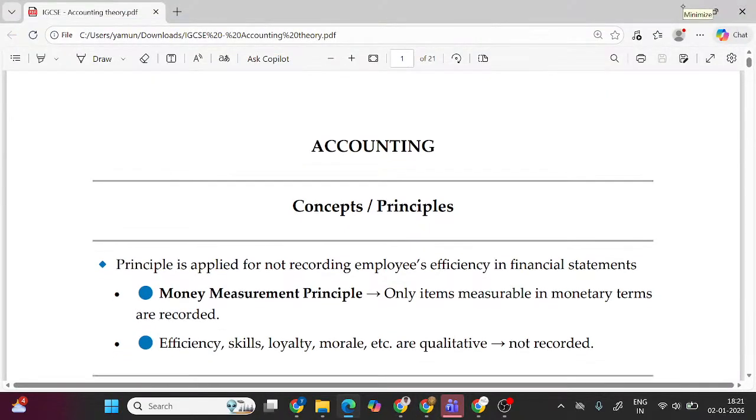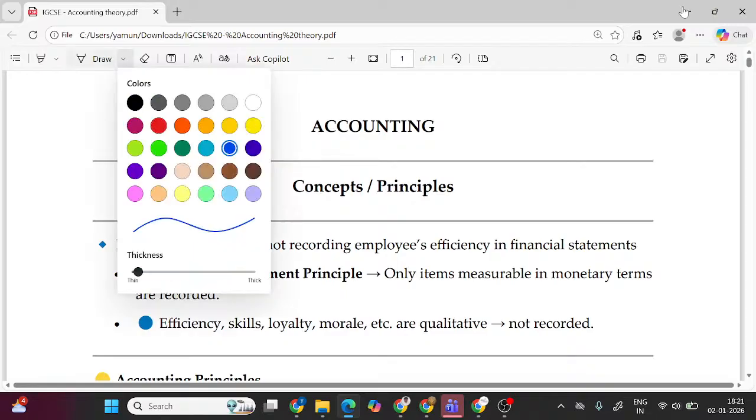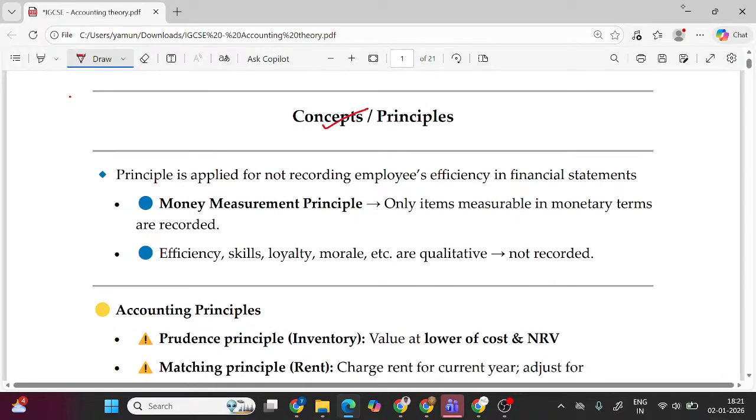We'll discuss the theory content under accounting. The first content we are going to discuss is on concepts or the principles. For each and every paper, we'll be naming something called vocabulary. Same as when we talk about accounting, these are called vocabulary, which means you cannot use your own terms. So in that way, we'll come across the principles.